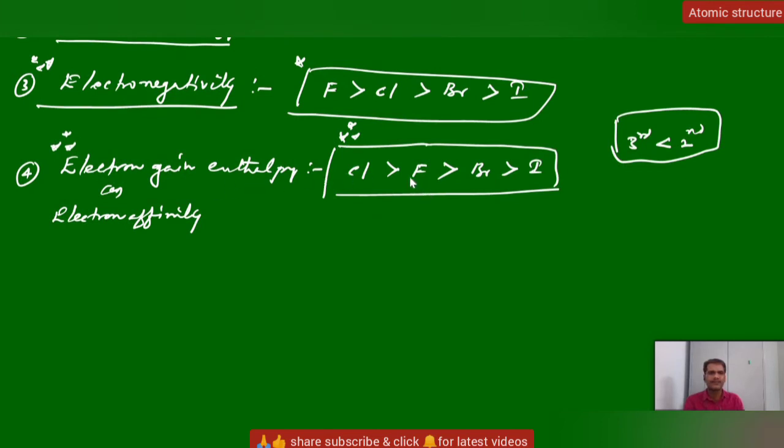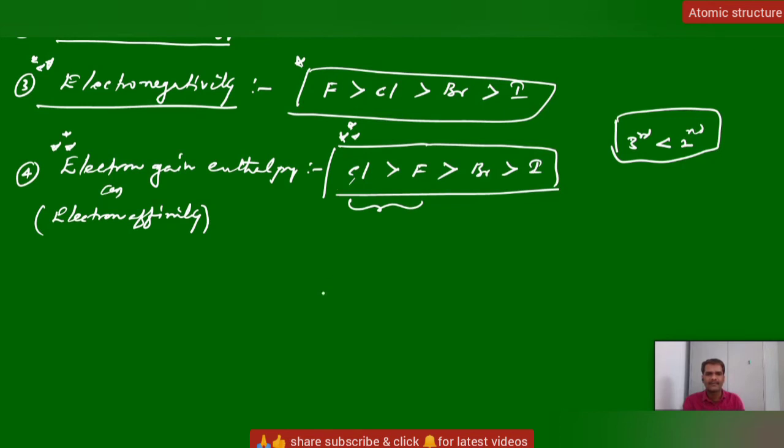Here all these electron gain enthalpy values are negative in nature, meaning exothermic in nature, and electron affinity means they can attract electrons. So these electron affinity values are positive. This is only the sign notation, which indicates the feasibility of whether the reaction can take place or not. But electron gain enthalpy is a magnitude value, energy: how much energy is released or how much energy is absorbed. Now compare both chlorine and fluorine.